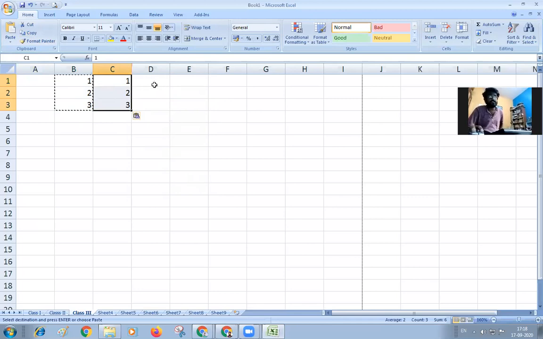What is format painter? I have already explained that there is a text style, and you can copy the text style and give it to the present things. Then you get the copy painter or format painter also. And the same font options are available there, here also.